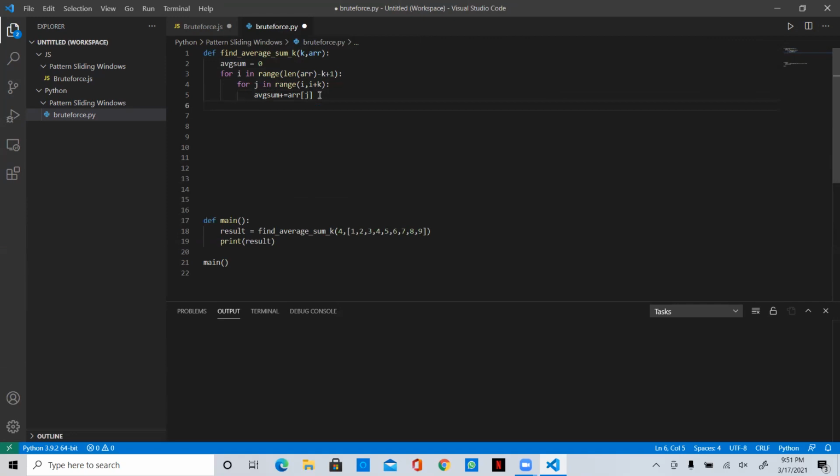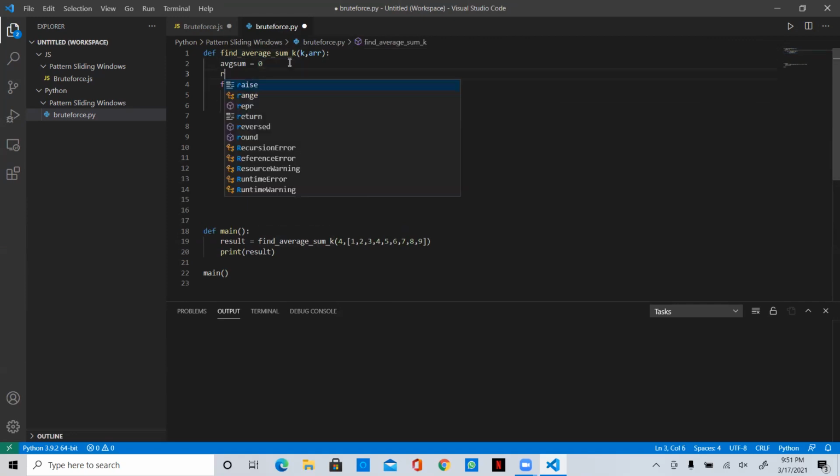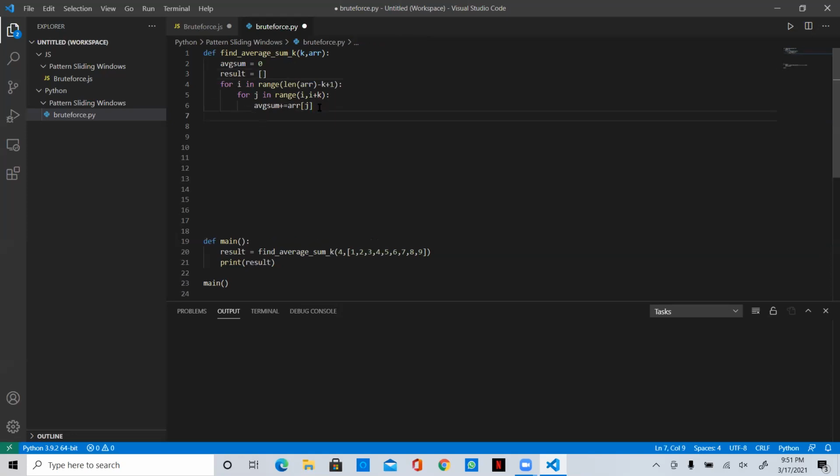And then I need to append the result. So here I'll make a result. Raj, I'll write it in JavaScript too. Just give me a second. Result dot append of average sum.